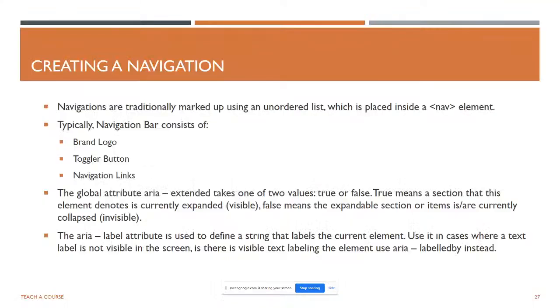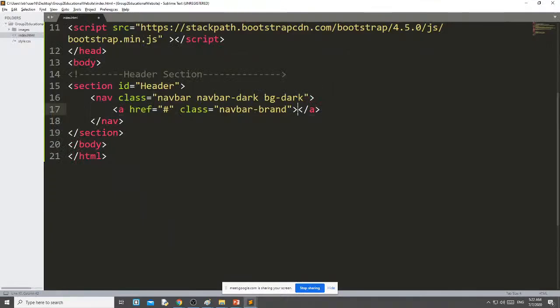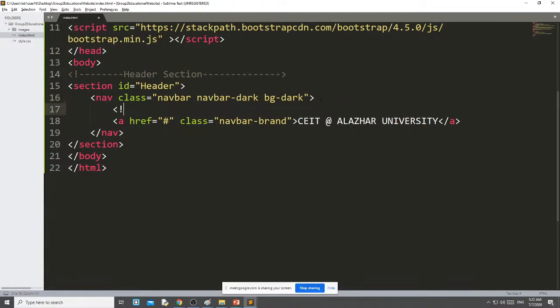The class name must be the same as this. And here, instead of brand logo, I am just writing CEIT at Al Azhar University. Okay, this is my brand logo completed.